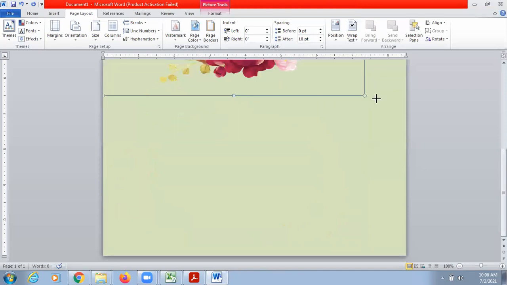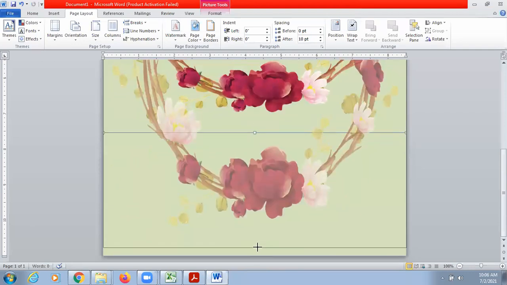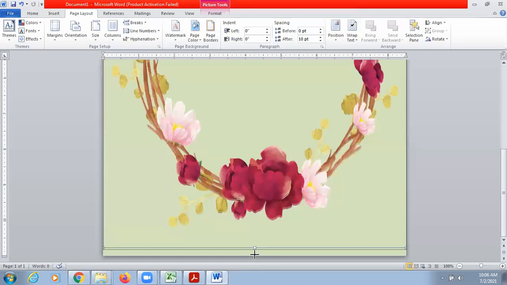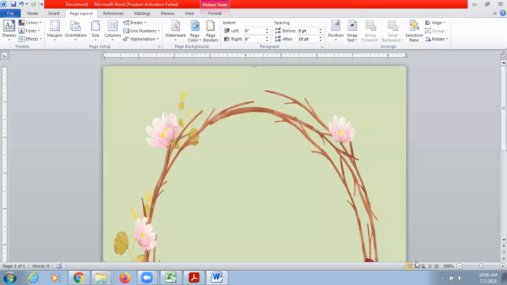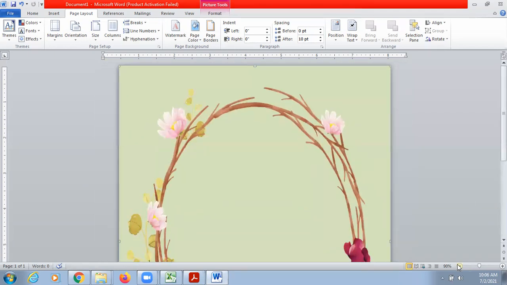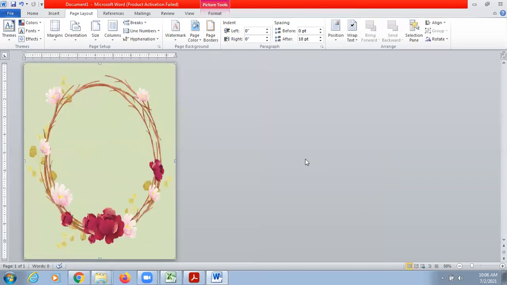Now you can adjust your image on your whole screen. I'll show you after reducing the size also, so that you can understand better how it is coming. So this is how it is coming on a page.